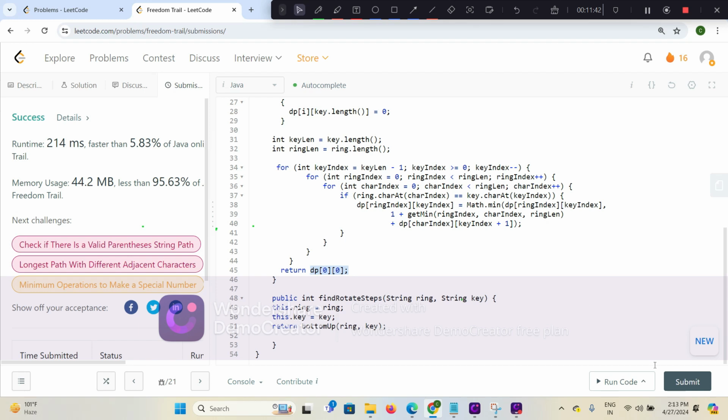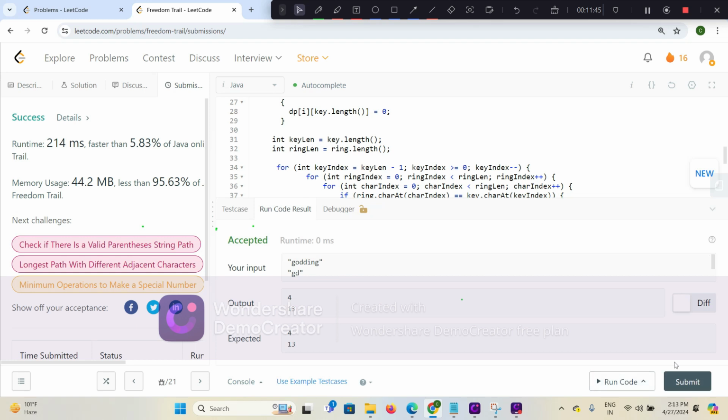Okay, so let me run it. Yeah, it is running. Yeah, so it is